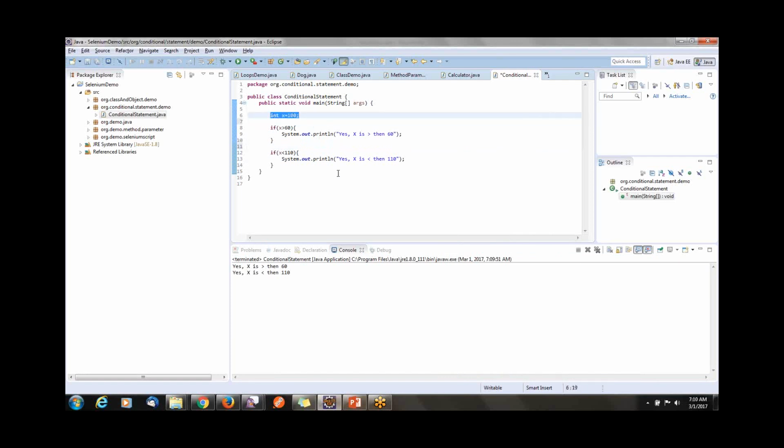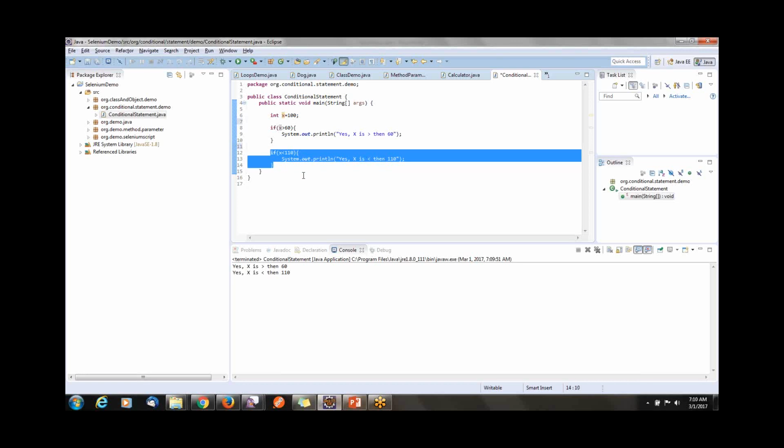We have given a value of 100 there, and we have put in one if condition here: if the value of x is greater than 60, then do this. When it was executing, it finds yes, it is greater than 60, then it prints this statement. It came to the next if statement, verified this condition, that if x is less than 110, yes, then